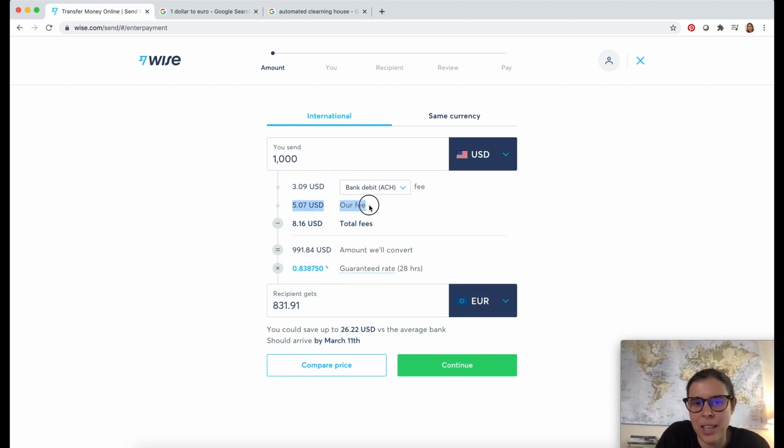The next fee is the TransferWise fee. They are in the business of making money, and this is how they make their money. So here's their fee. This is the total amount that you're paying in fees, $8. This is the amount that you're converting after deducting those fees. And here is your